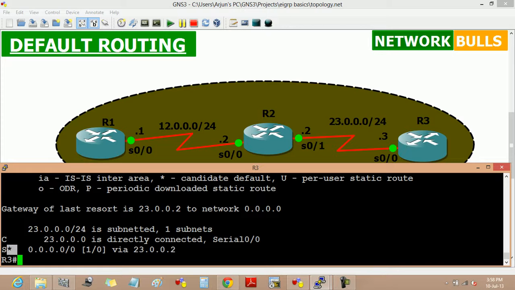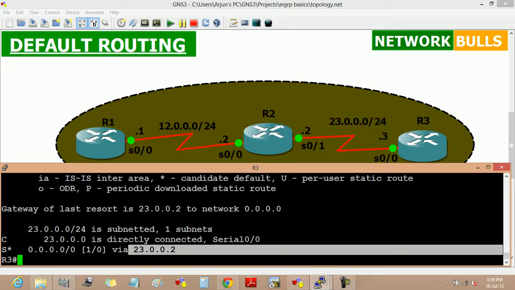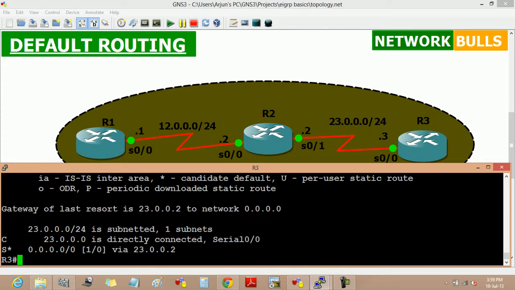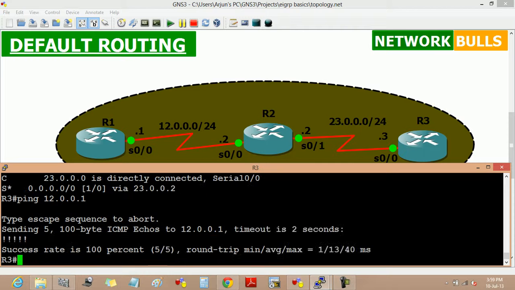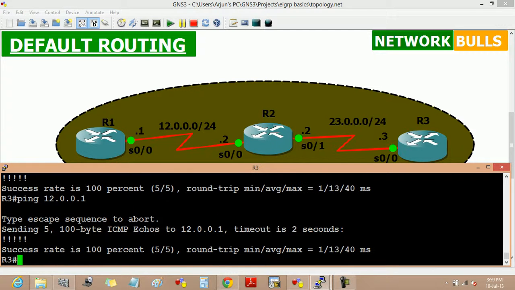And it is also showing us a default route, which has an address of 0.0.0.0 with an AD value of 1 via 23.0.0.2. Now if I ping router 1 from router 3, 12.0.0.1, now it is replying,